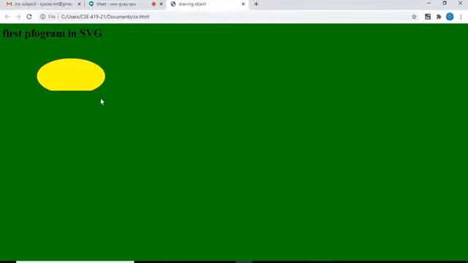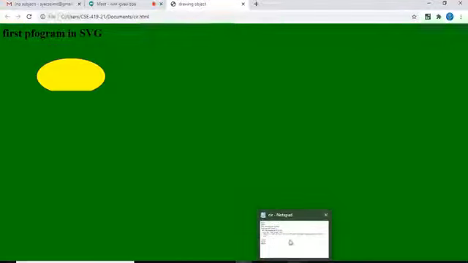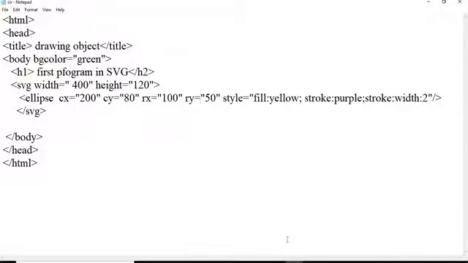Now it is coming, but it is not a proper ellipse shape. So here we have some remaining portion. What is happening? I will change some parameters. RX equal to 100, RY 50.